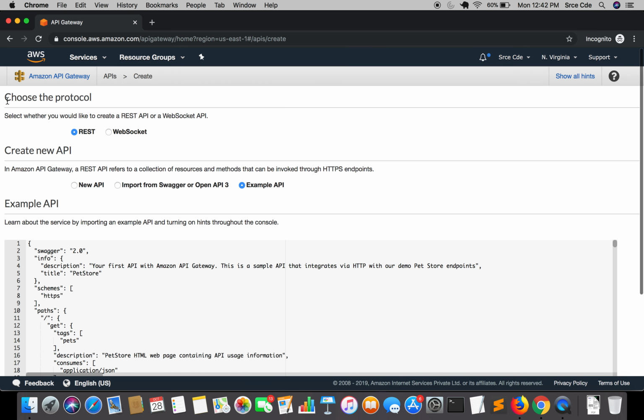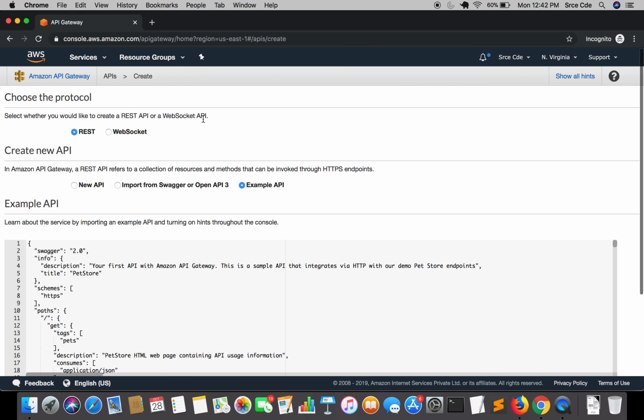Here we will start with choosing the protocol. It says select whether you would like to create a REST API or a WebSocket API. So what is ideally a REST API? A REST API is an application program interface that uses HTTP requests to get, put, post and delete data.